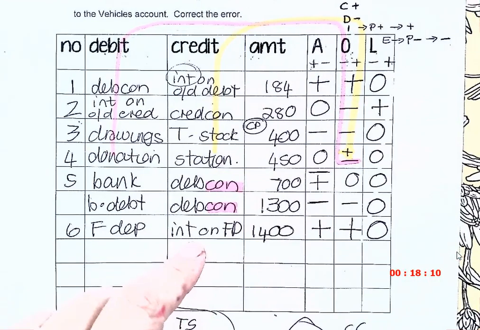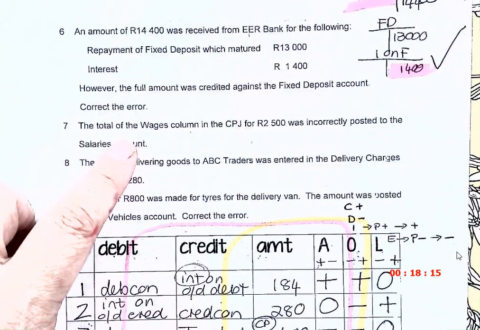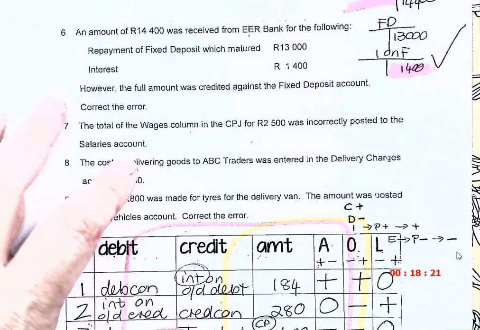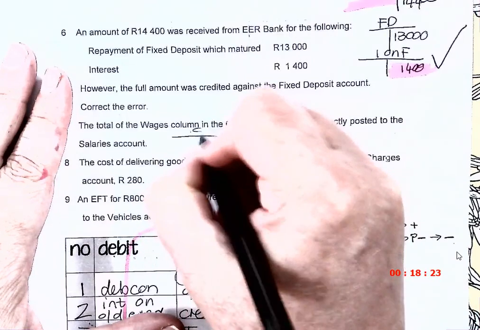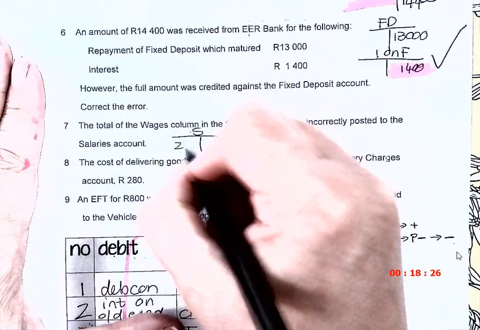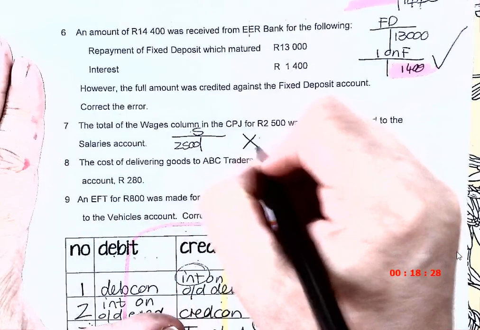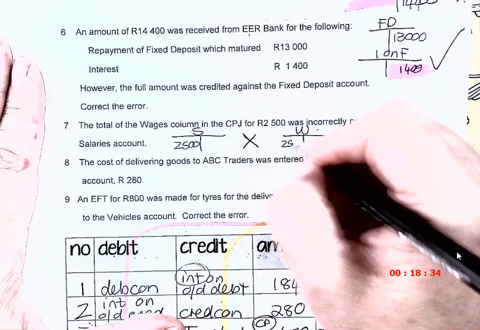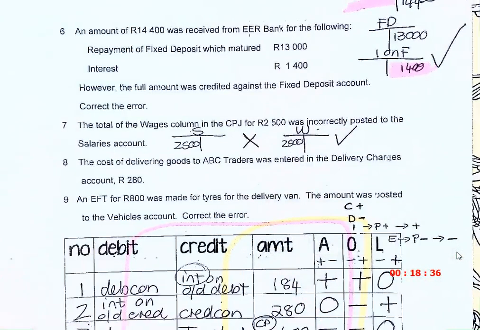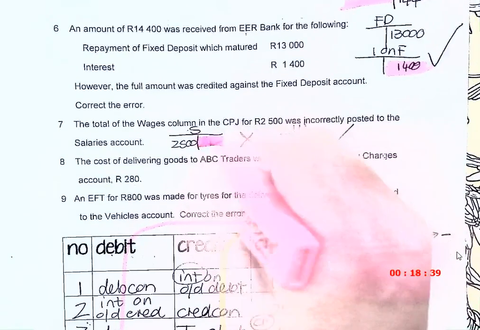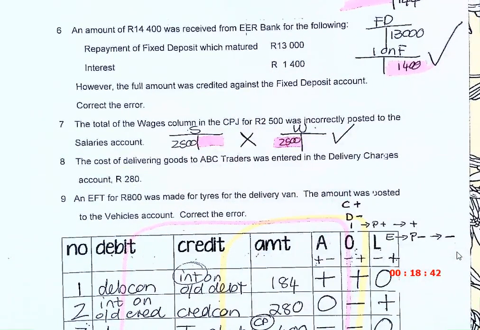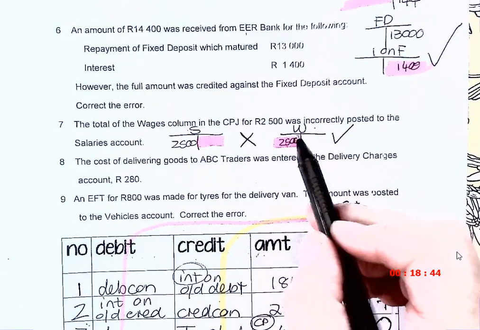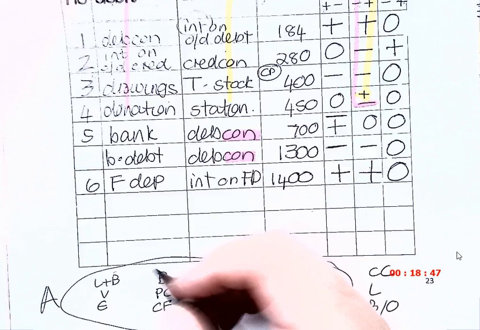Next one. The total of the wages column in the CPJ was incorrectly posted to the salary. So I showed it in the salary, 2,500, which is wrong. I want to show it in the wages, which is right. So I'm going to cancel the wrong one and put in the right one. So which one is debit? Wages. So it's going to be wages,